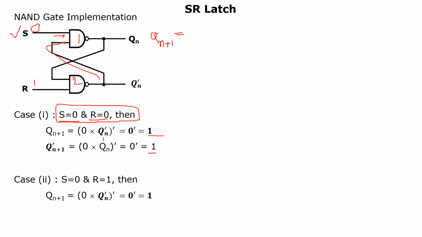So 0 complement equal to 1. Yes, you got 1 here. And second, Qn plus 1 complement will be equal to 1 into the input; whatever value you have got right now, don't bother about that one. Directly submit only this particular value. Obviously one input is 1 and the second input is